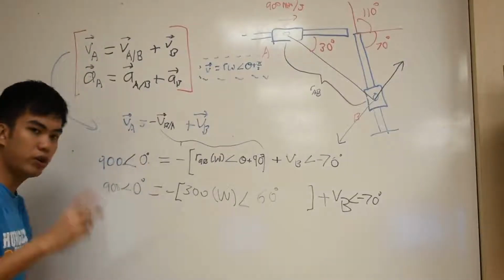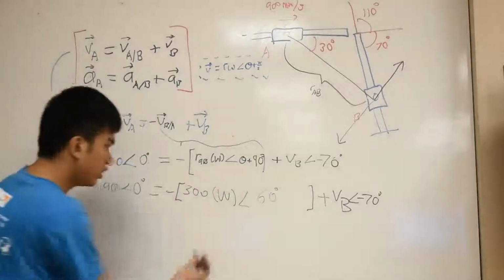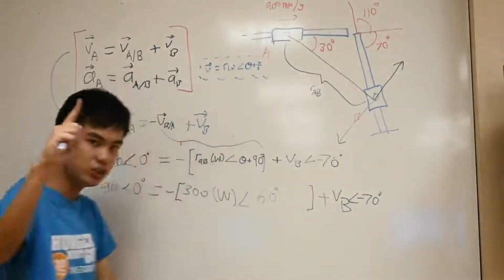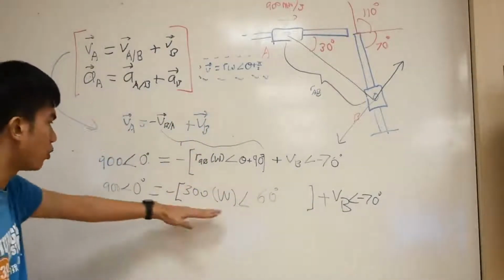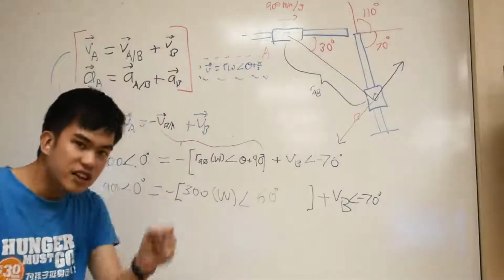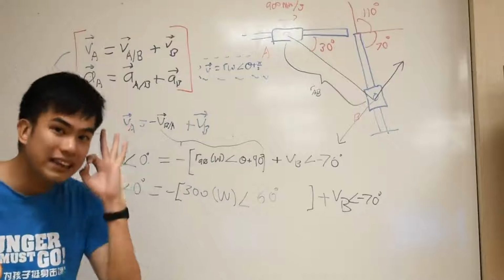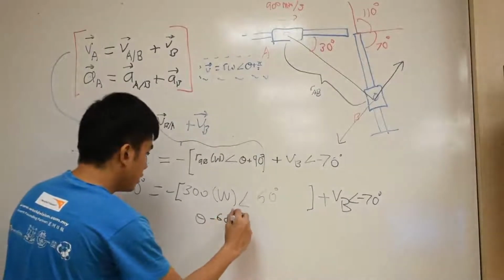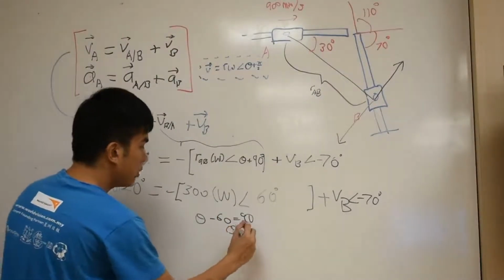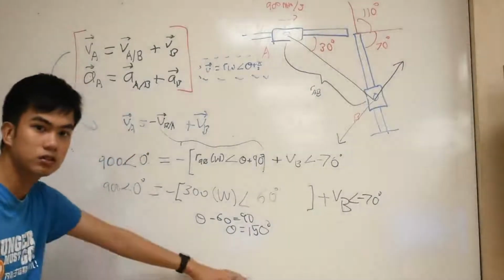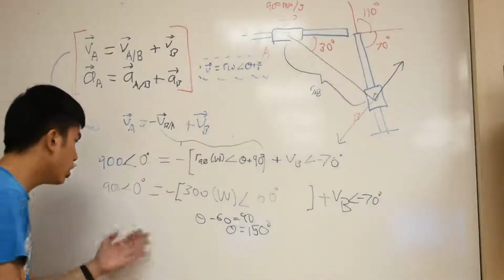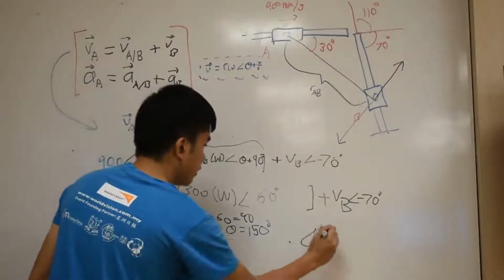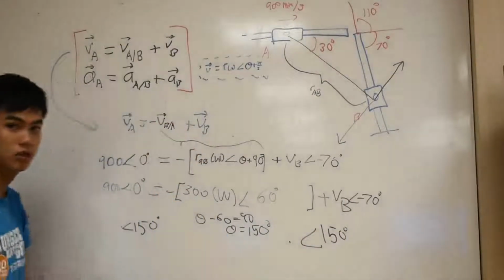Meaning to say, if today you are interested in omega, what you want to do is get rid of VB. If you want to get rid of VB, the first thing you should do is find the angular direction for omega, which is 60 degrees. Then you think of an angle which when you minus 60, will get 90. So what angle, when you minus 60, gives you 90 degrees? The answer is the angle will be equal to 150 degrees. Right? So what you do next is you dot product the left side with 150 degrees, and you dot product the right side with 150 degrees. Okay? And then